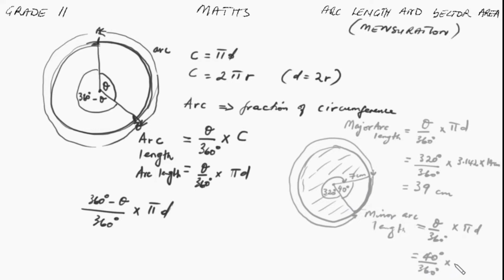multiplied by 3.142 times diameter, which is 14 centimeters. Okay, that is this. So what do you get? Can you work this out and tell me what you get? Now, you will work it out. 40 multiplied by 3.142, multiply that by 14, right? And divide this by 360. I get 5